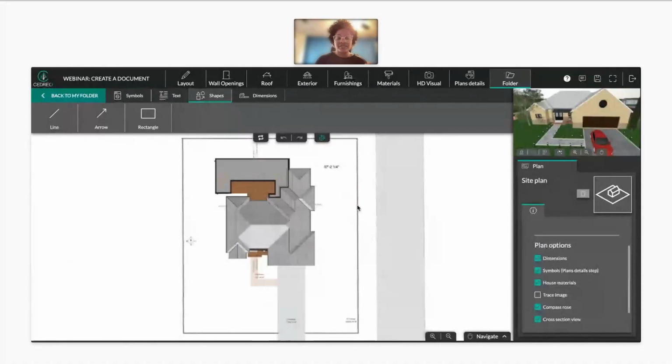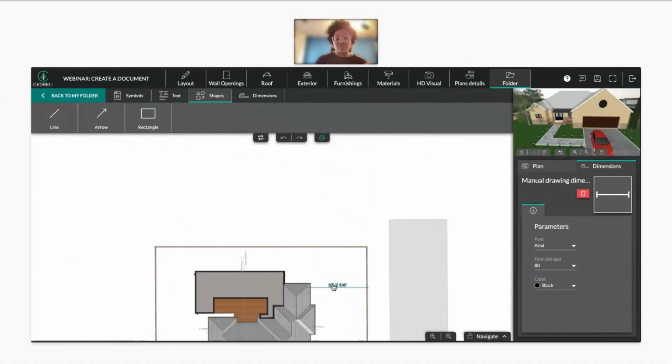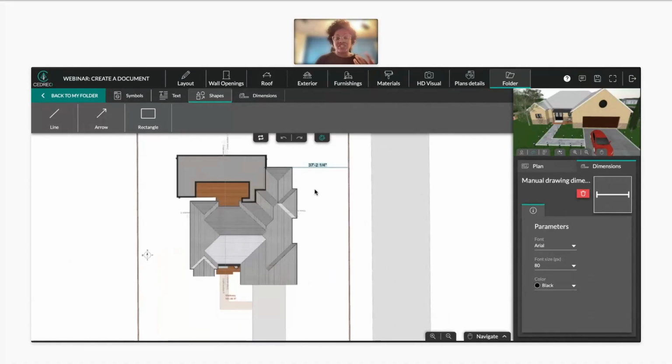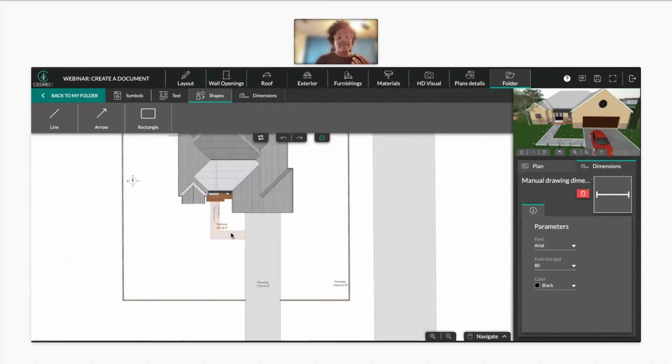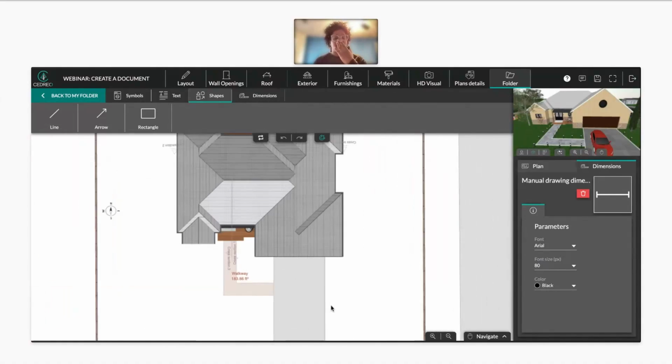So I have my fence on here. And when I move my mouse, you'll see the distance between the fence and the house; I've already added this manual dimension here. I also have my walkway and my driveway represented. Now, if you were to have